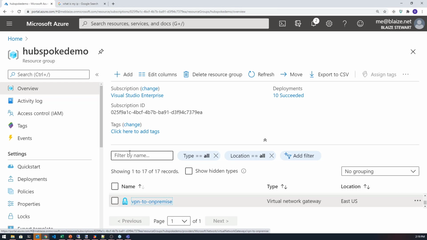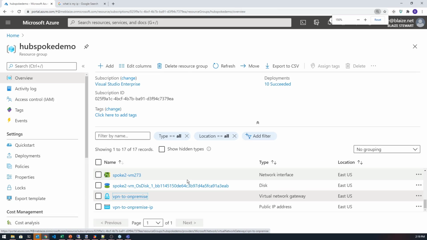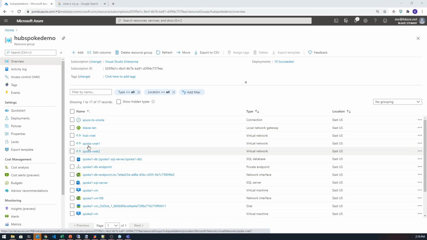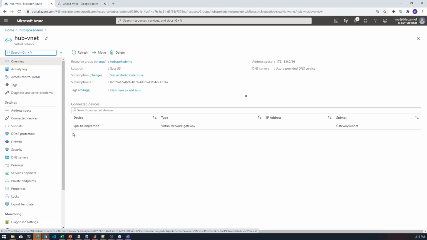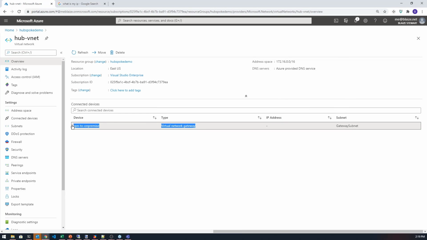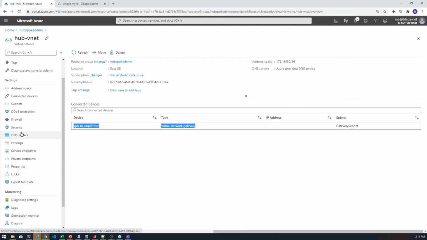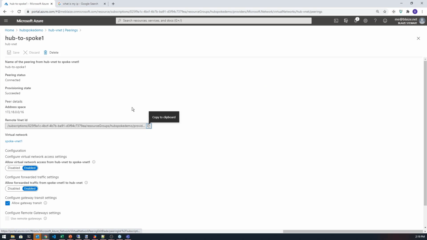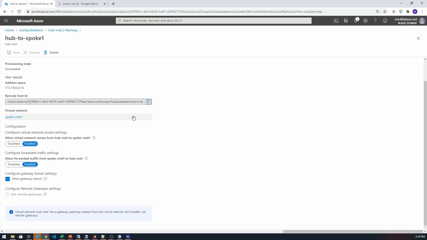So back in my resource group, let me zoom out here. I have defined a couple of VNets inside of this particular resource group. There's my hub VNet and my spoke VNet, and I'm going to come down to my hub VNet. This is my virtual network gateway here, which you've already looked at, and then I'm going to look at my peerings, which are right here. The peering is what you set up to connect those different spokes back into this particular VNet. And if I go into the configuration here,